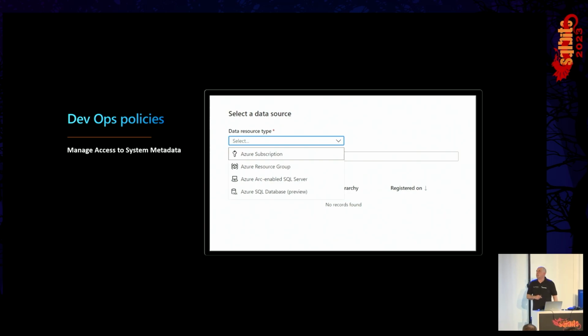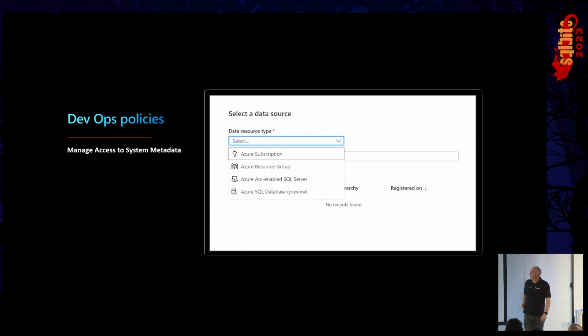The next thing. I have a DBA, and my DBA needs to maintain my Azure SQL databases. But I want to give him access to, for example, performance monitoring or the audit part. But he is not allowed to see any user databases, because there is data in there and he's not allowed to see that. So with the DevOps policies, which are not in preview anymore, they are in production, we can